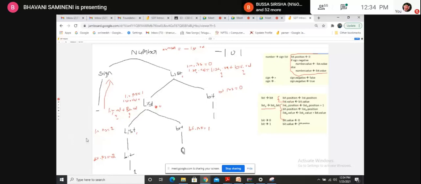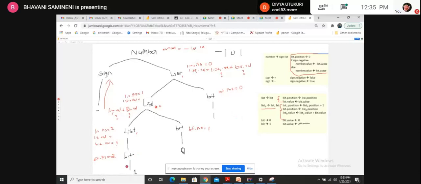So this value I have to write like list dot value is equal to bit dot value. Do you know the bit dot value? Right now we don't know, right? We don't know what bit dot value is. So in the question mark. So now I have implemented these two. So again come to further leaf.